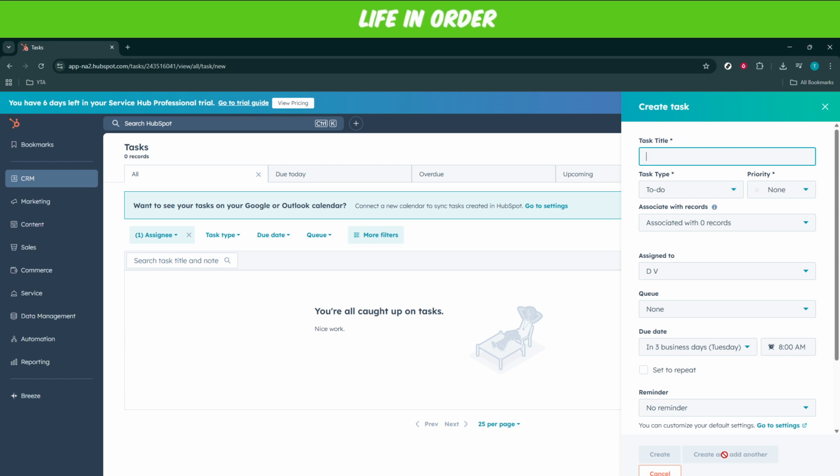To wrap things up, managing tasks in HubSpot not only allows you to keep your assignments organized, but also enhances your productivity by providing a clear overview of what needs to be accomplished. This method of task management makes time allocation simpler and prioritizes productivity by reducing the chaos often associated with task